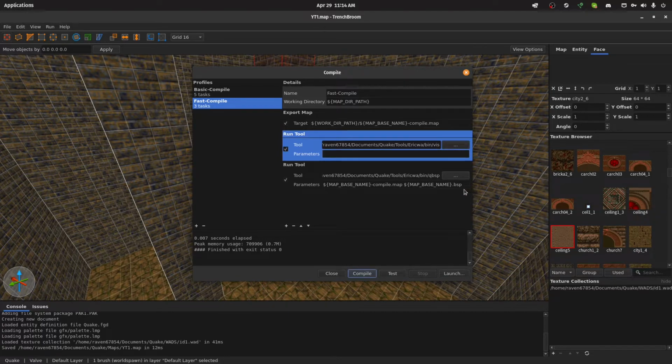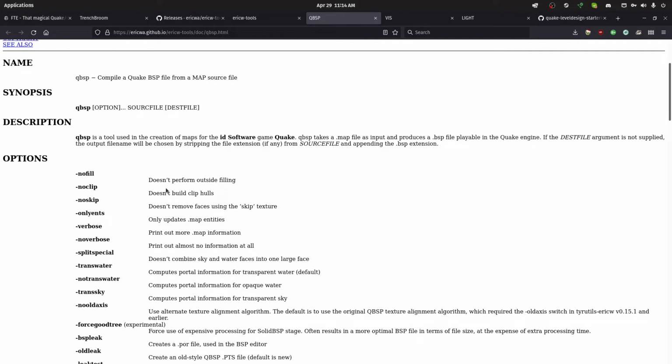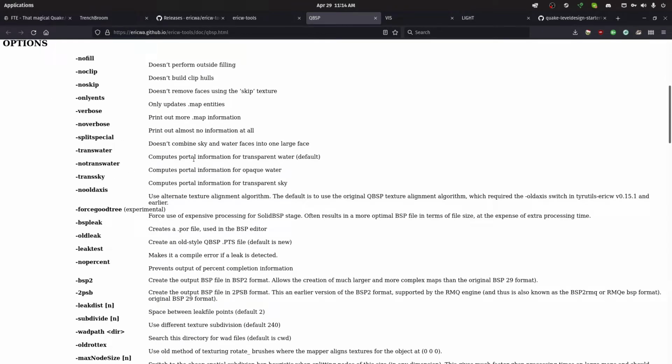So the next thing we want to do is run our vis tool. And this one is relatively easy because all we really have to do is feed it just our BSP file. Now, if we go back to Firefox here and we load up QBSP, I'm going to just load all these up here. You can see that there's a lot of extra options. Like you can do no fill, you can do no clip, no skip. You can print out more map information. You can create it in a different